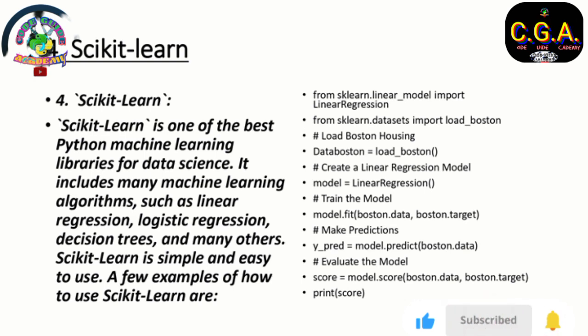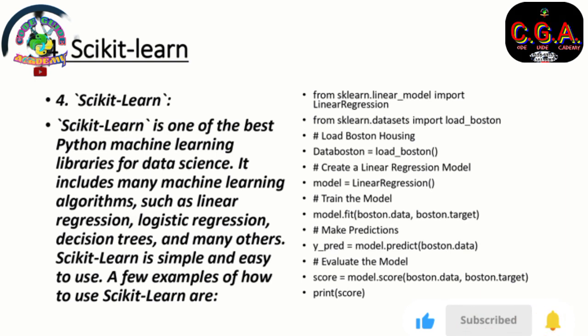4. Scikit-learn. Scikit-learn is one of the best Python machine learning libraries for data science. It includes many machine learning algorithms, such as linear regression, logistic regression, decision trees, and many others. Scikit-learn is simple and easy to use. A few examples of how to use Scikit-learn are: